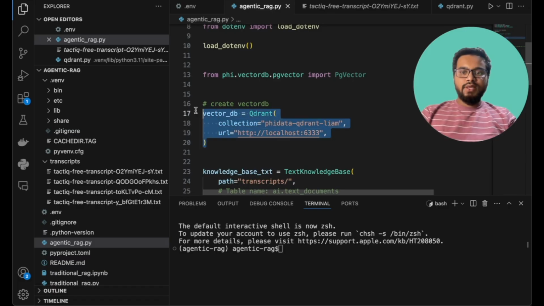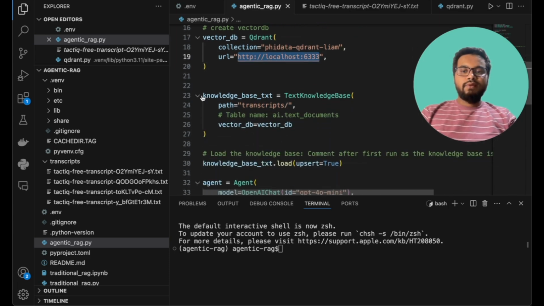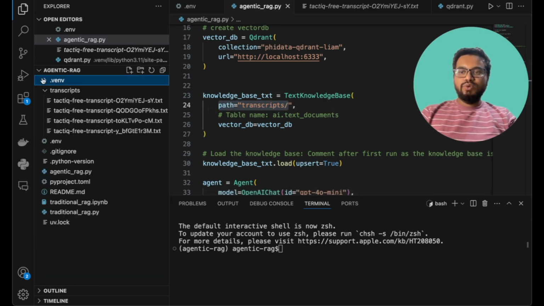We have created a vector DB using Qdrant, and the collection name is given as Qdrant demo, and the URL where Qdrant is running. Then we have created a text knowledge base. There are multiple knowledge bases provided by Phidata: PDF, text, then web, right? You can explore those. We are providing the path of where the text files are stored, these transcripts, and